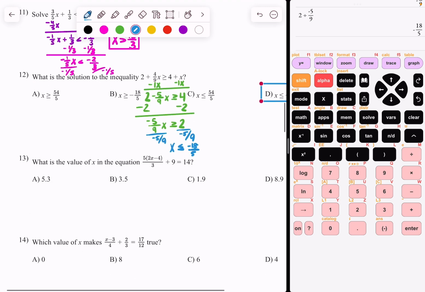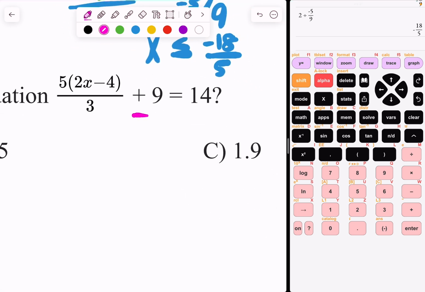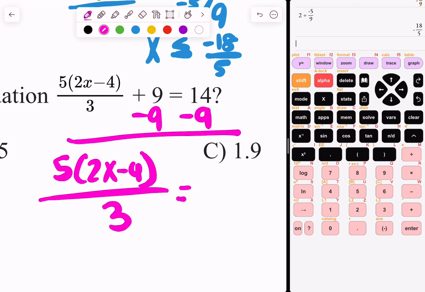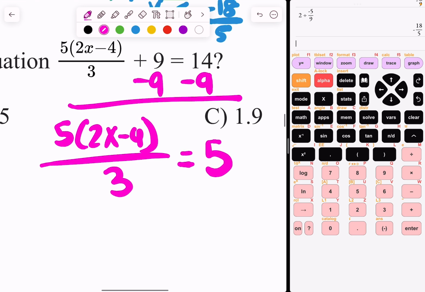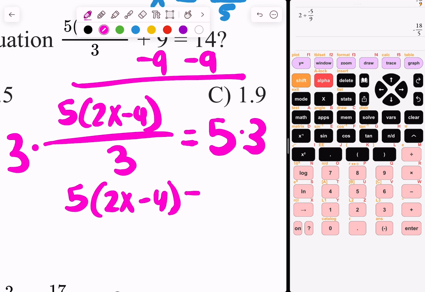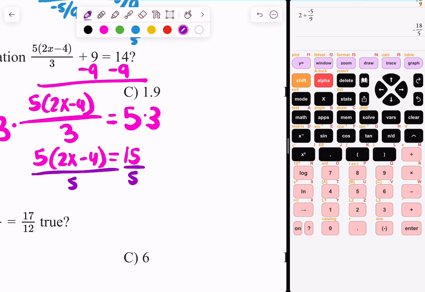All right, let's look at number 13. We want to get this fraction alone so we can unlock the x. So first I need to get rid of the 9. I'm going to subtract 9 from both sides. I get 5, 2x minus 4 over 3 equals 14 minus 9 is 5. Now I don't want that divided by 3, so I'm going to multiply both sides by 3. I'll get 5 times 2x minus 4 equals 15. To get rid of the 5, I'm going to divide both sides by 5. I get 2x. Oh no, let's not do it that way. You could do it that way, but I'm going to do it the way that we're used to doing it